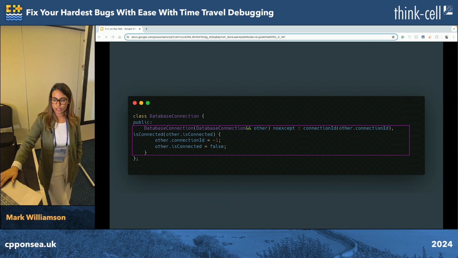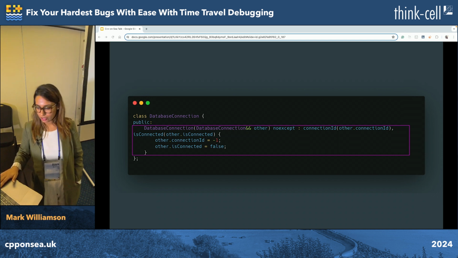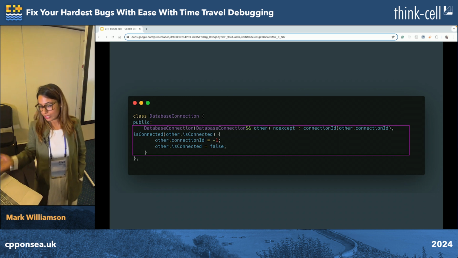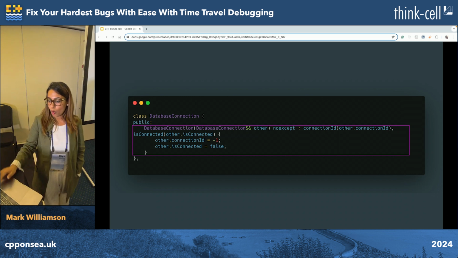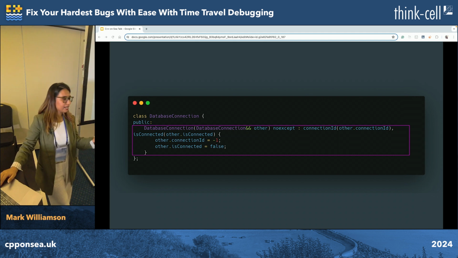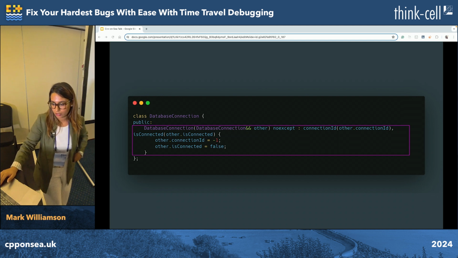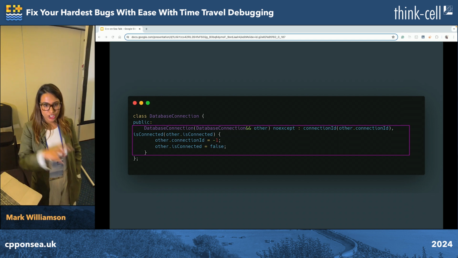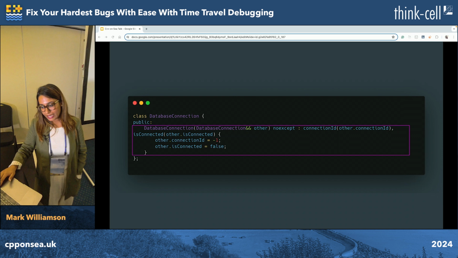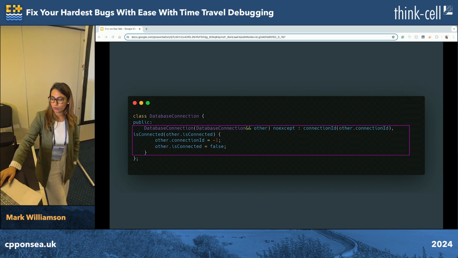The next is going to be the move constructor. Now, the move constructor is again a special constructor for us, that will enable the resources owned by a temporary object, let's say an R value is my temporary object, to be transferred to the new object. So unlike the copy constructor, the move constructor will essentially move the resources from a temporary object and transfer them to a new object.